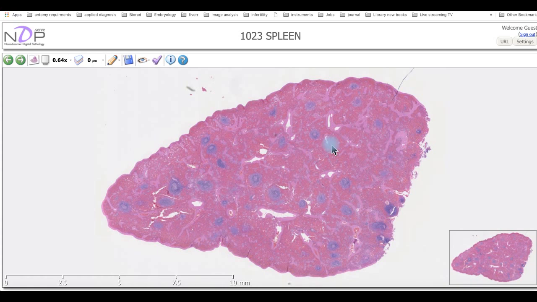In this spleen, in a cross section, there is no clear cortex and medulla. Instead, we have a structure we call the white pulp, whereas the tissue that surrounds the white pulp is called the red pulp. The white pulp is composed of lymphocytes or lymph nodules, whereas the red pulp is infiltrated with all elements of the blood, the red blood cells and the white blood cells. If we increase the magnification,